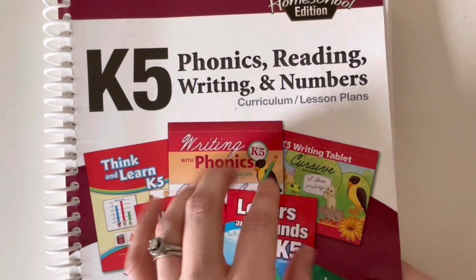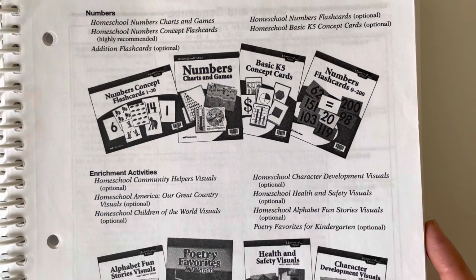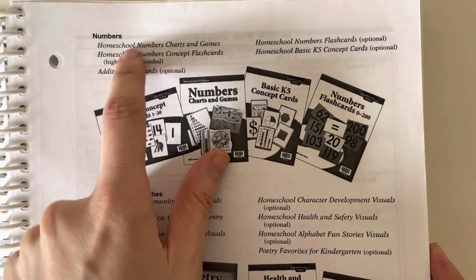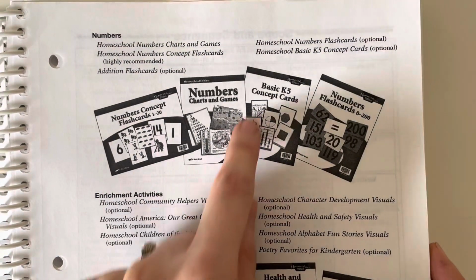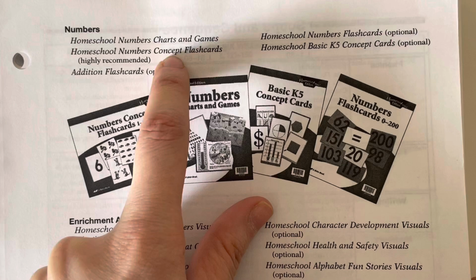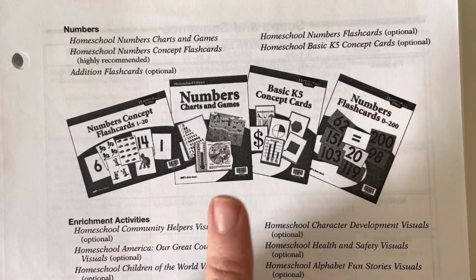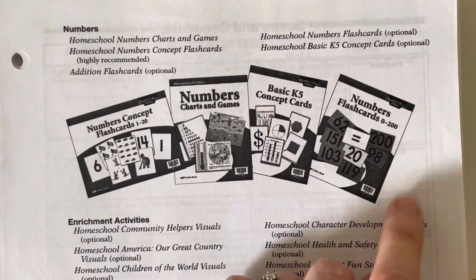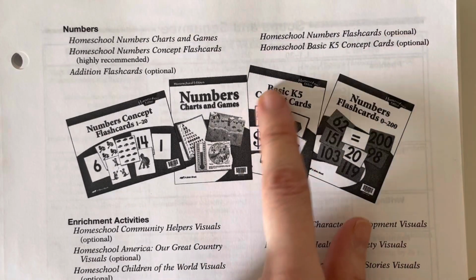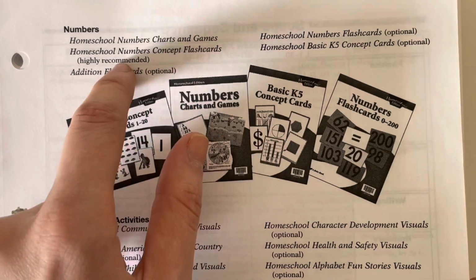So I'm going to get into a lesson, but I do want to show you exactly what they are requiring you to need, in case, like I just showed you a few minutes ago, all the extras. It says that you will need the number charts and games. So it's those. You will need the concept flashcards, this is just highly recommended. Addition cards are optional. And then the numbers flashcards are optional, up to 200. And then the basic concept cards are optional. So if you just get the ones that they do recommend and highly recommend,